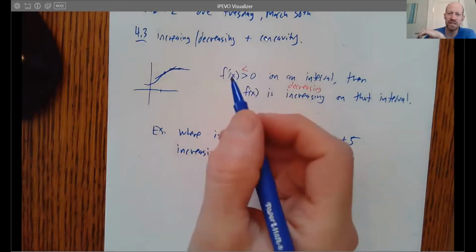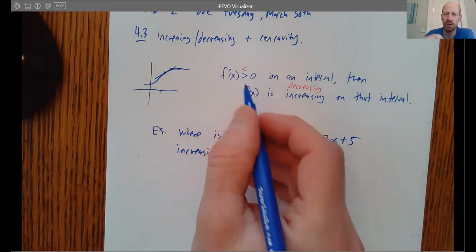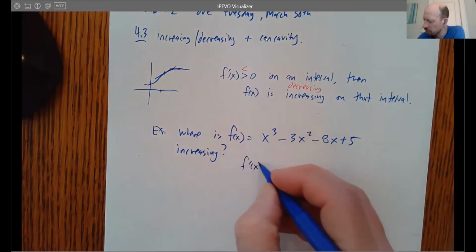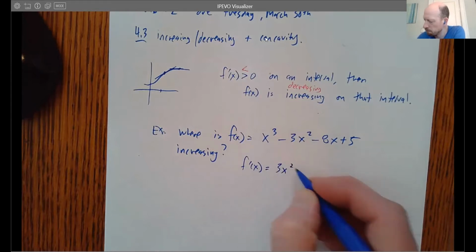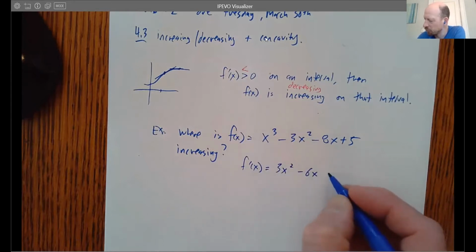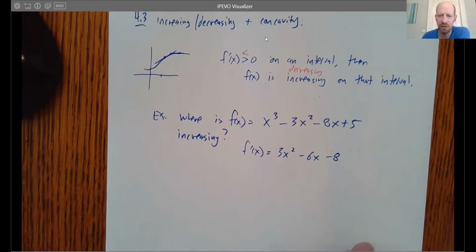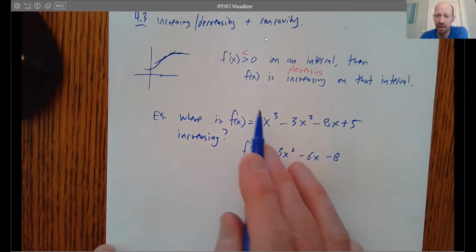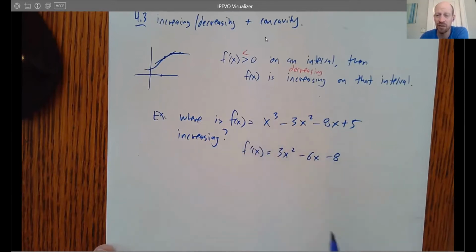And the idea is just this: increasing and decreasing is really a question of what the derivative is. So I'm going to start by finding the derivative. It's a nice polynomial, so I like taking its derivative. And now the question becomes, when is this derivative function positive and when is it negative? Positive is going to give me increasing. And